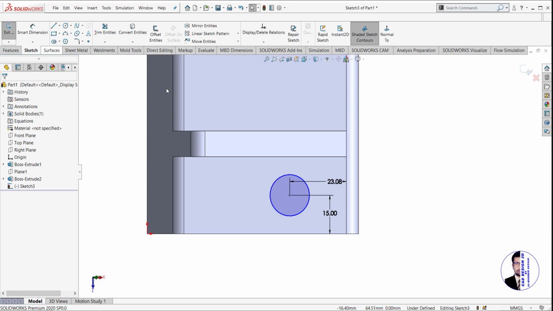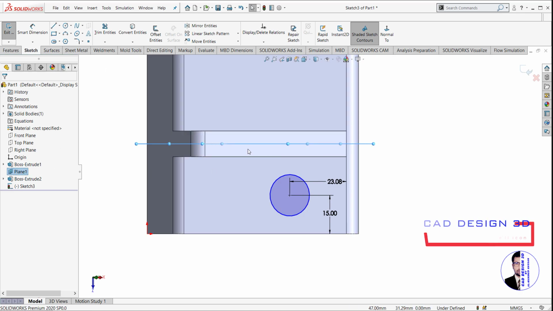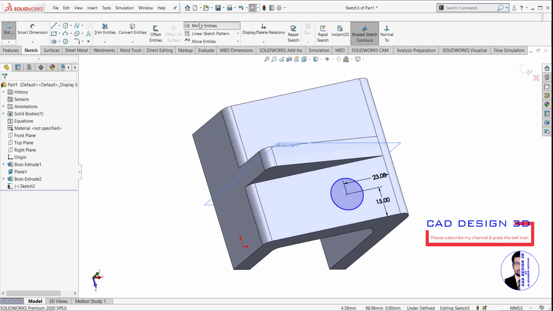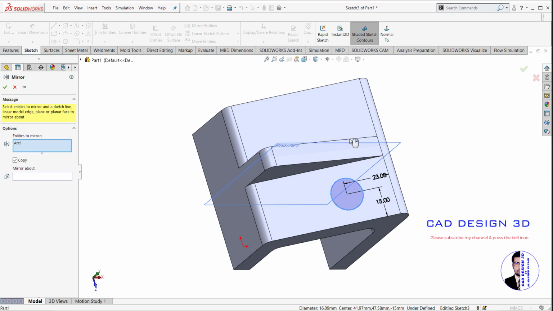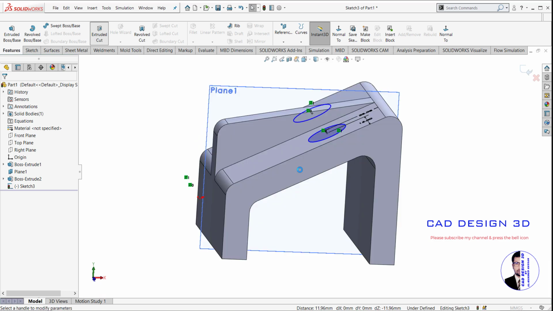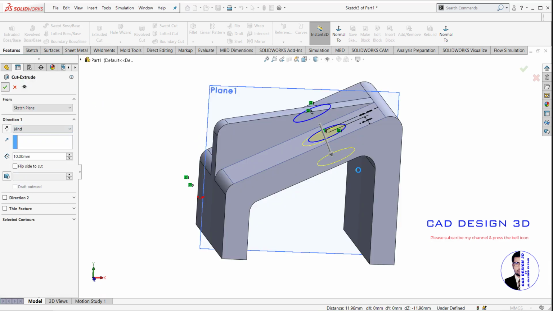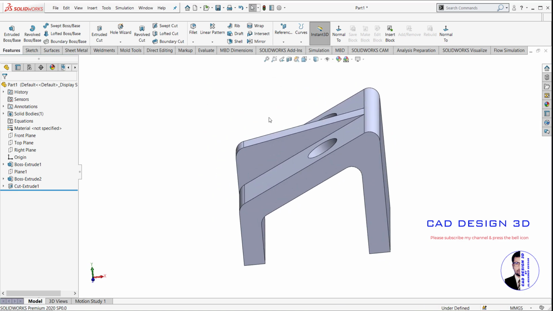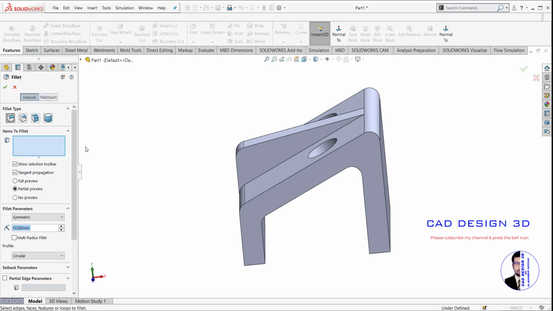Now make a plane. Plane show, now this mirror. Now mirror about plane. Okay. Now it is extruded. Okay, select plane, fillet, 4. Okay,